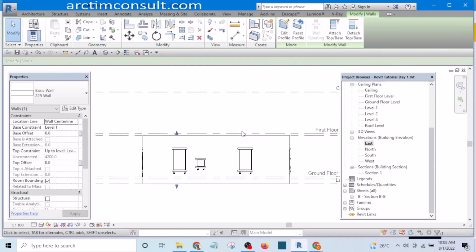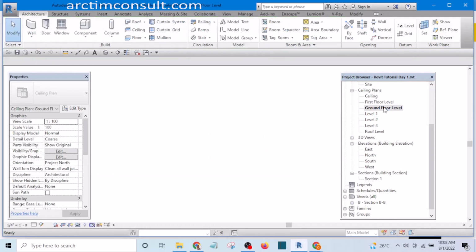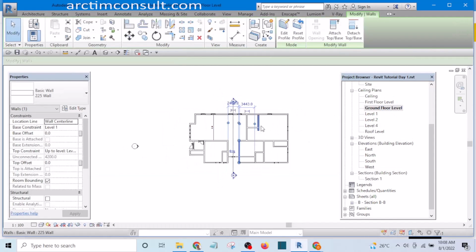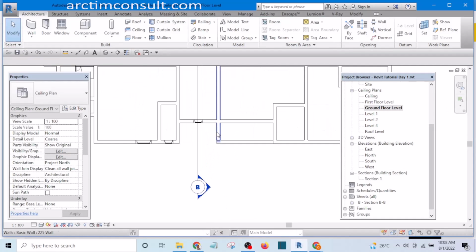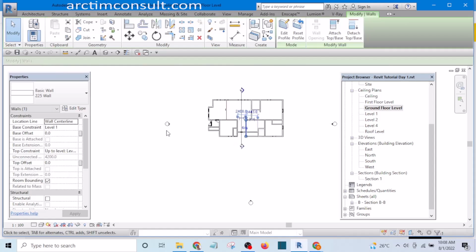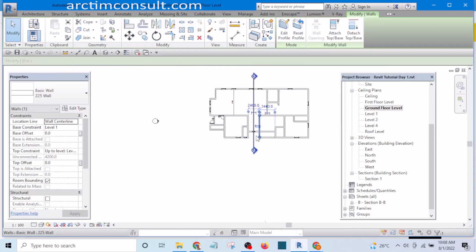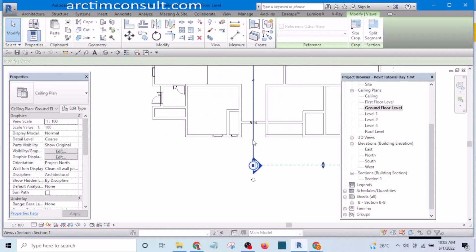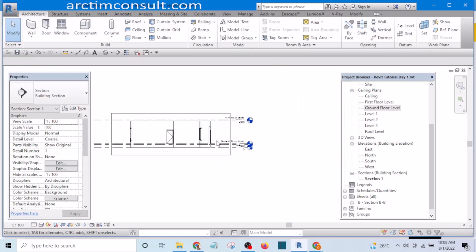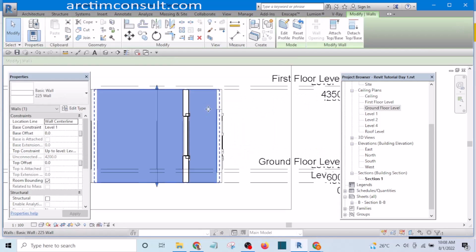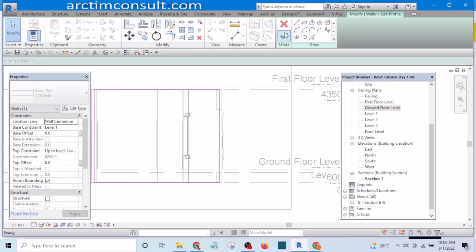I don't know which one is east for now. Let me go to my floor plan. Okay, this is the wall I want to edit, and I can actually edit it on this section. If I go to that section, it's better for me. So I click on edit,